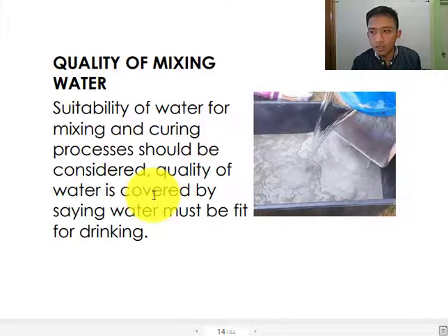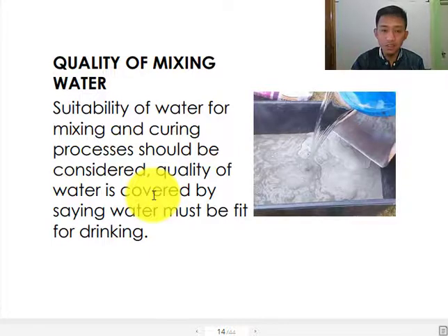If you are on the top of the mountain, and along the way of traveling, this water will of course not make it suitable for drinking. It's okay, but you need to consider that the strength will be a little bit affected because of that. Or let's say you are on